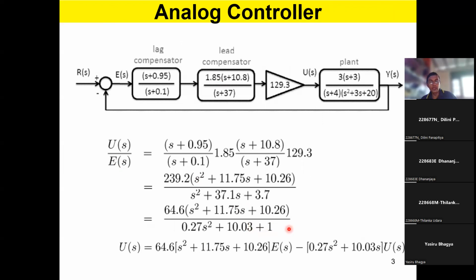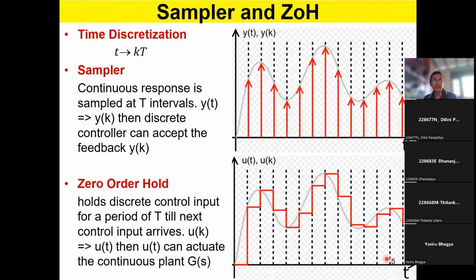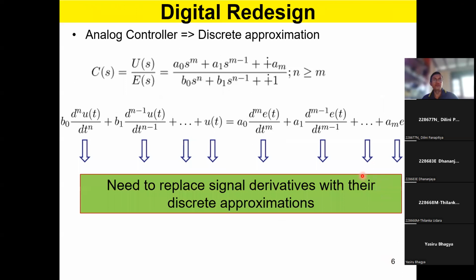So in general, it's a rational polynomial of s, right? If you write it in the generalized format like this, a0 s to the m plus a1 s to the m minus 1 and so on, over b0 s to the n plus b1 s to the n minus 1, like that, right? Don't worry too much about